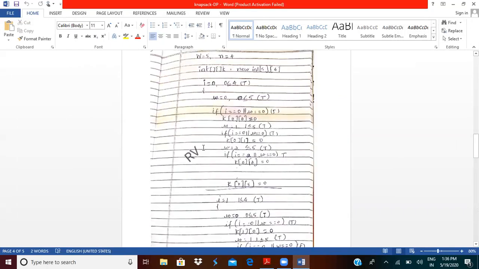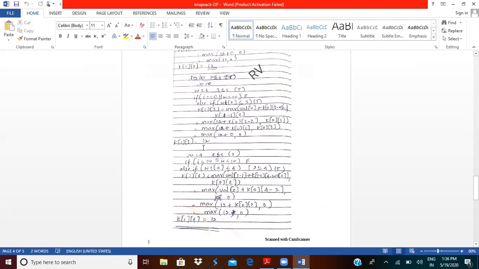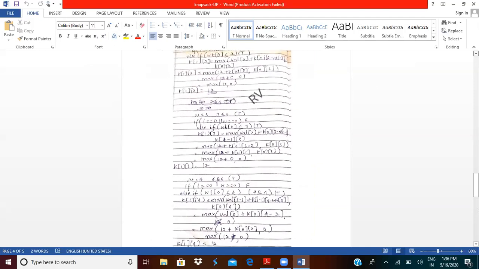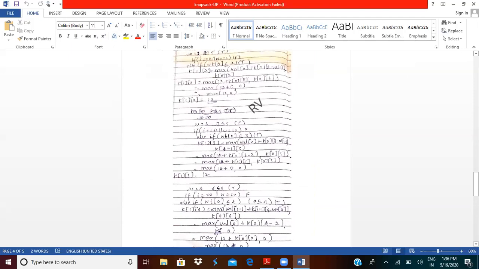Now if we take up k of 1 of 2, actually I missed calculating the value of k of 1 of 2. How do we calculate it? It's very simple. k of 1 of 2 is equal to maximum of value of 0 plus k of 0 of 2 minus weight of 0, comma k of 0 of 2. So what is the value at 0?